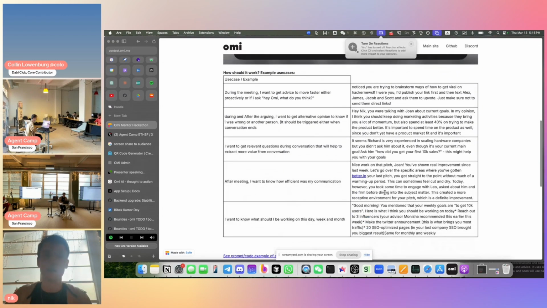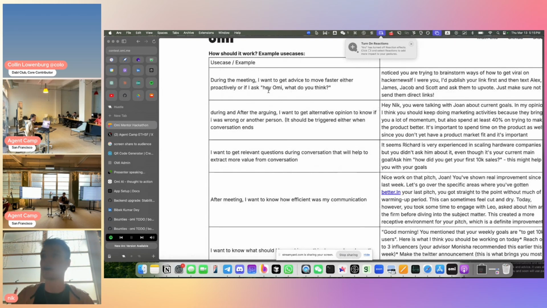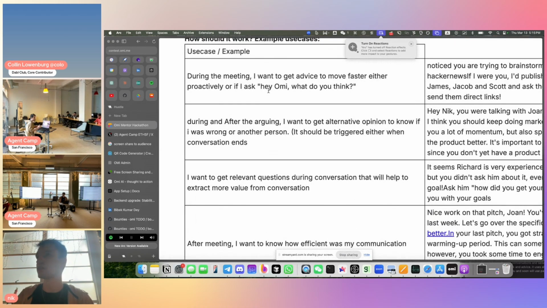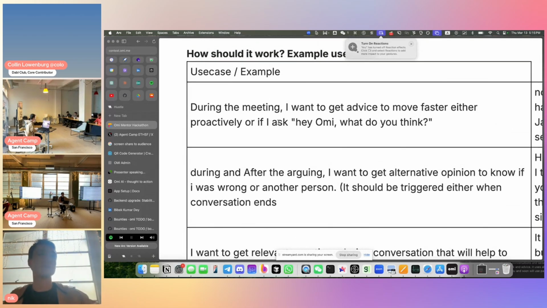Okay. Now here is an example of feedback that can actually be useful, and by building a few of them, you can literally get $50,000 in cash. This is the whole goal of the hackathon. The use cases here are, can someone turn off the audio? I can hear myself. Thank you. Cool. So for example, you have a meeting with someone and you can say, "Hey, Omi, what do you think?"